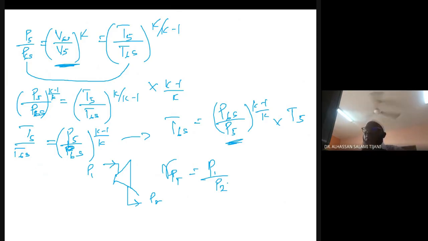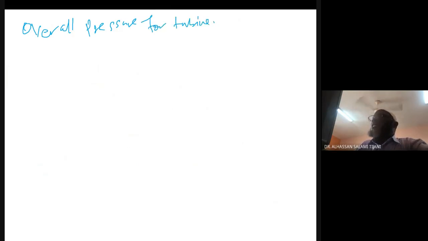That is it. So if we are told that the overall pressure ratio for the turbine equals 16, this implies that